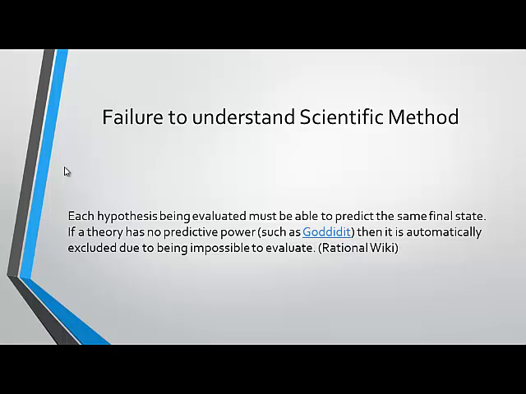So here is a quote from Rational Wiki: each hypothesis must be able to predict some final state. This is the idea that science is about prediction, which is a false idea, which you are taught in econometrics, that econometric models should be evaluated by forecasting and by fit and some other things. But none of this is true. Actually, the econometric model should be evaluated by, you see, again, econometrics failure, again for the same reason.